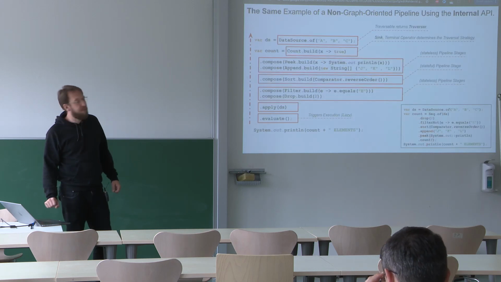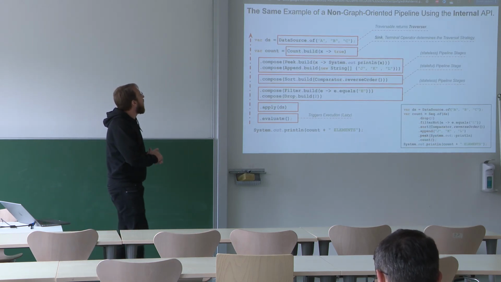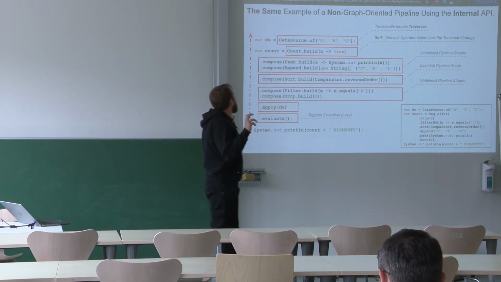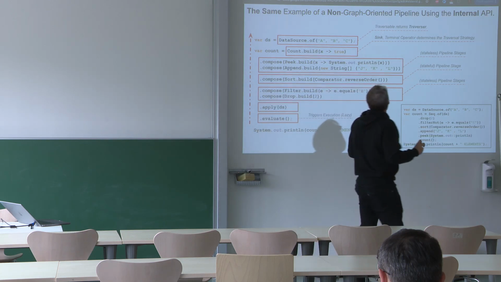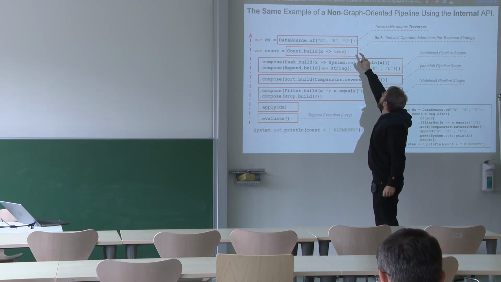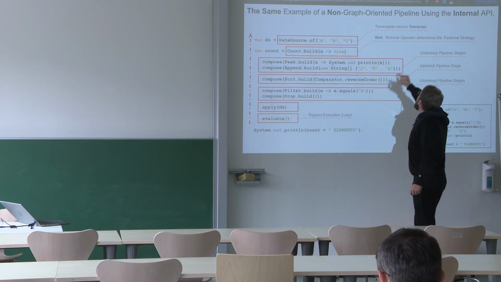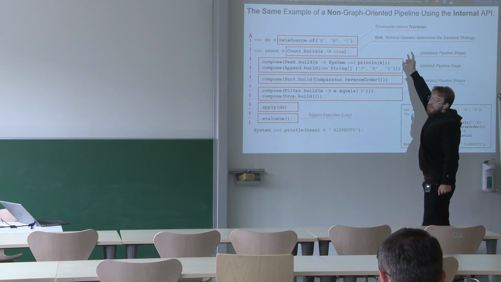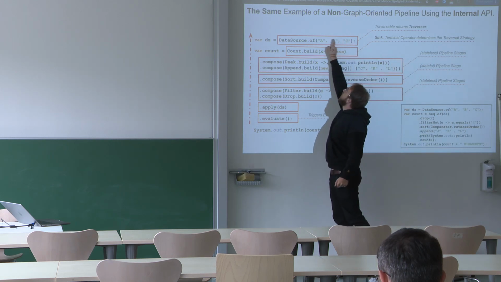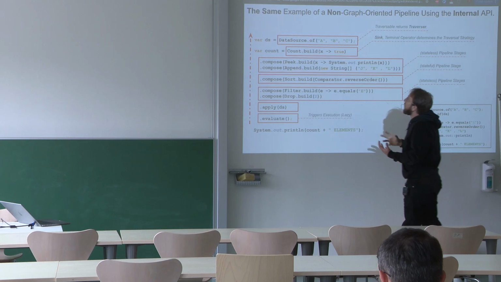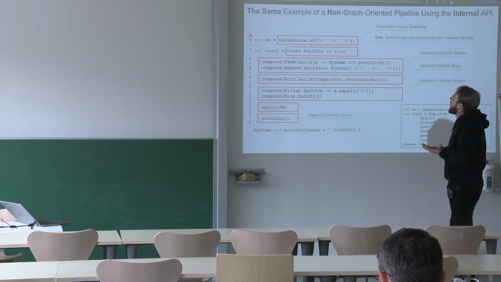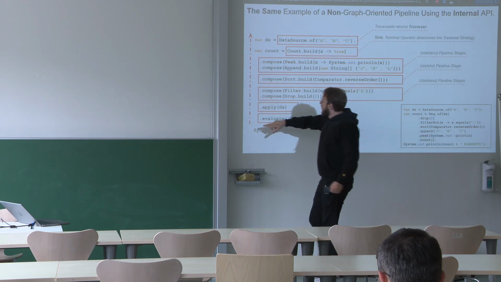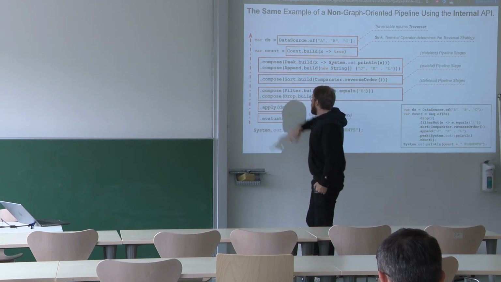This is the same example in our non-front-end API, so to speak. What we're actually doing is we build this data source here, and this returns us a traverser that has learned to traverse this array, right? Or this knows how to traverse this array in both directions. This is contravariant, so this is actually written the wrong way around, right?